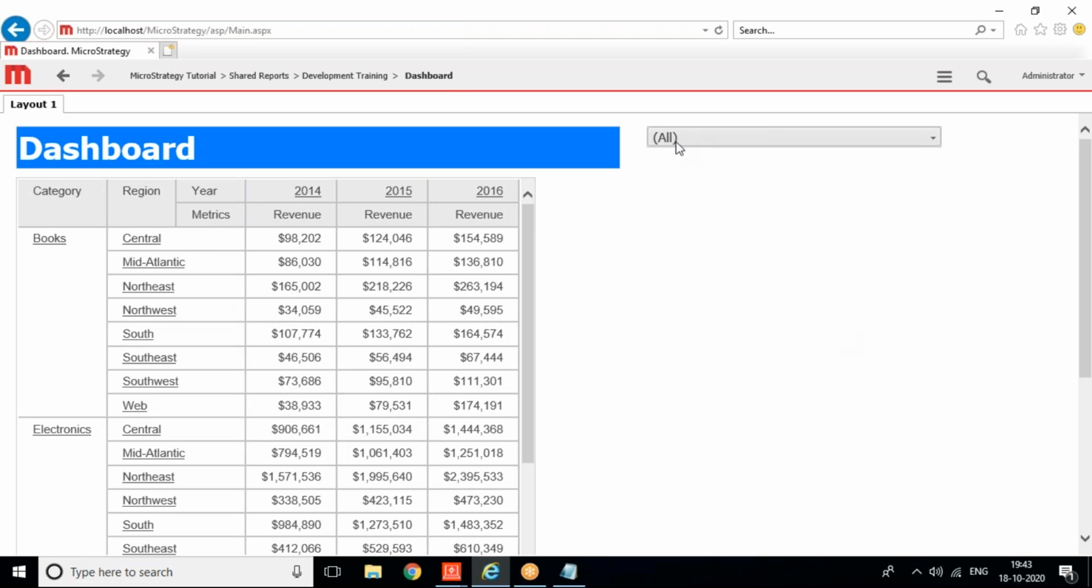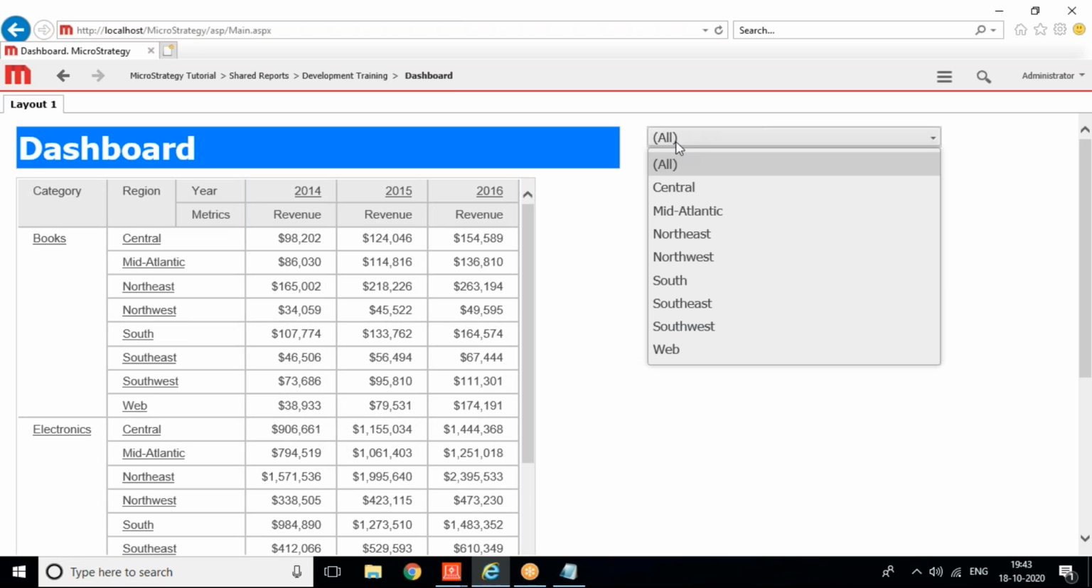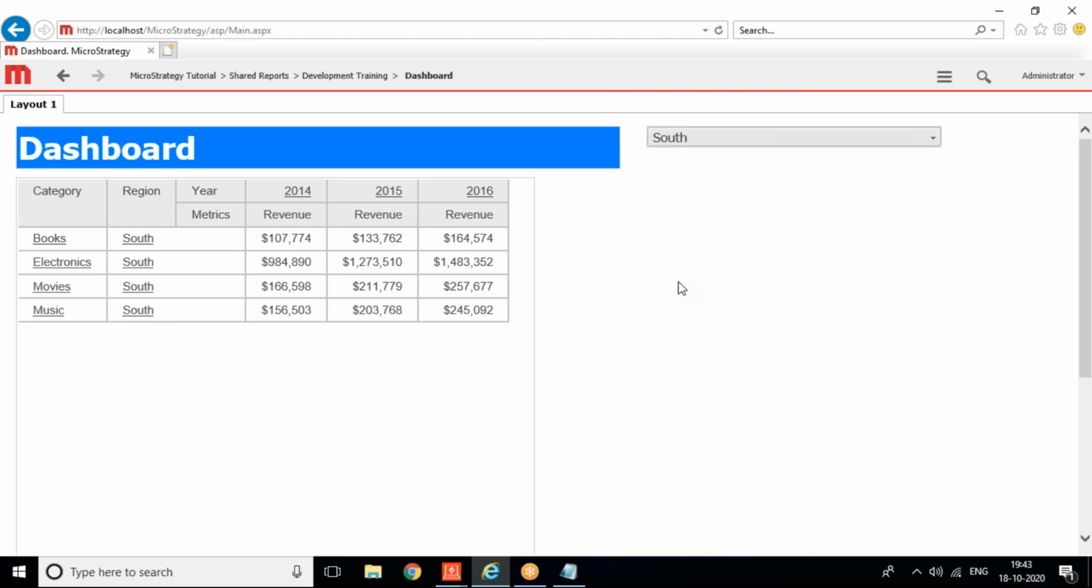So now as you can see, a selector has been added. So now let's say I want to see the data only for South region. So I selected the South, and as you can see within the grid used in the dashboard, it is showing me the data only for South. So the attribute element selector works once your report or dashboard has been executed. So any user, on the fly, can select the elements and analyze